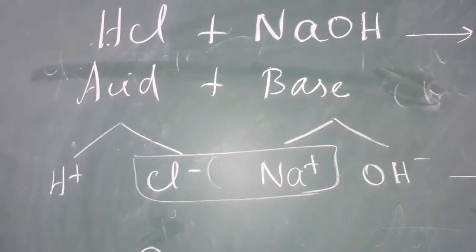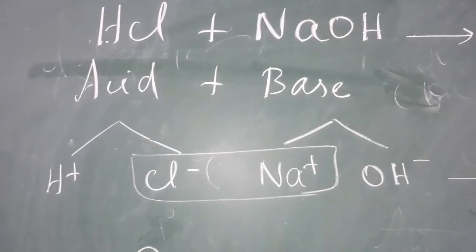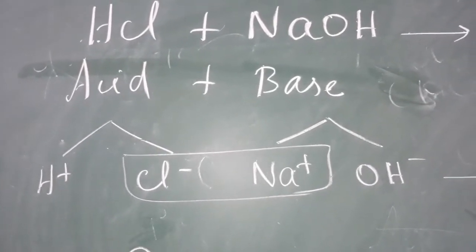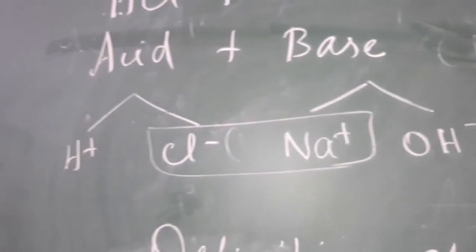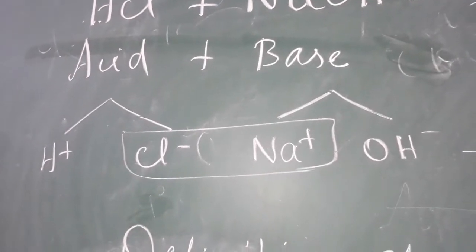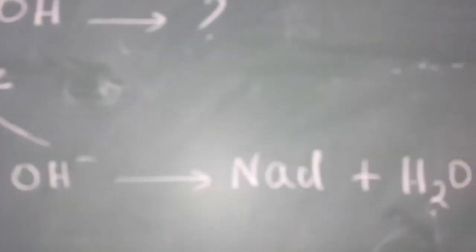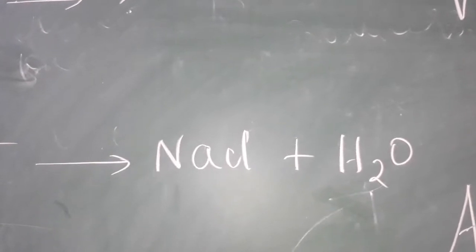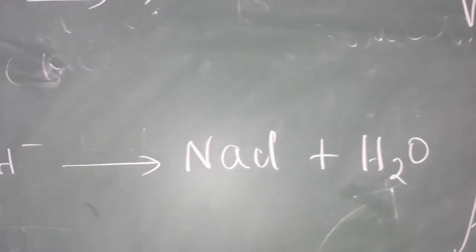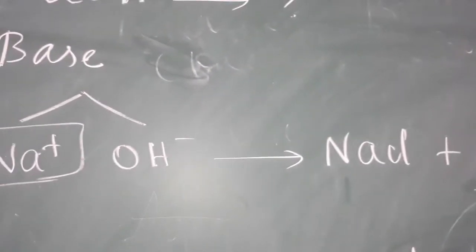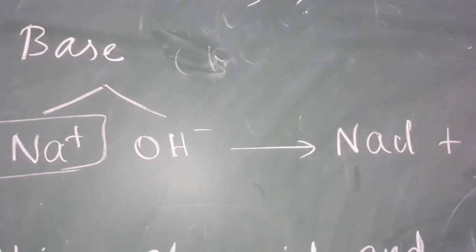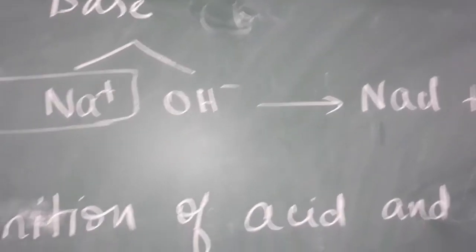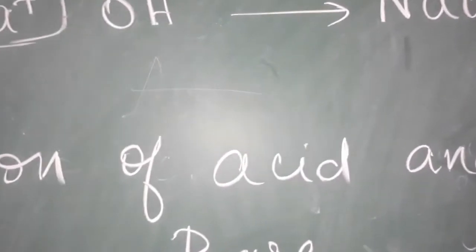The Na plus and Cl minus have opposite charges, so they attract each other, and we get NaCl. Then the OH minus is negative and H plus is positive, so they are attracted to each other. It gives water as one of the products. This type of reaction is called a neutralization reaction. We have to know about that mechanism and their properties. Before that, we have to know what is acid and what is base.